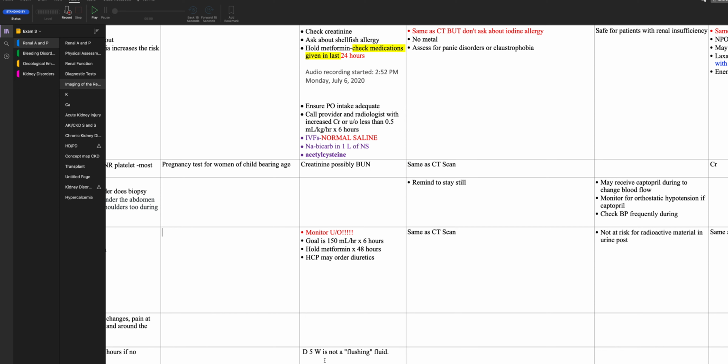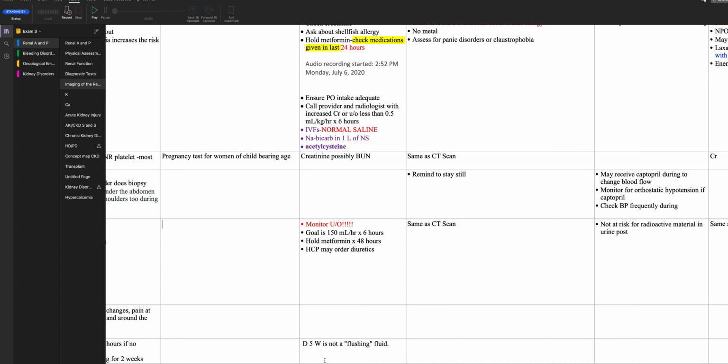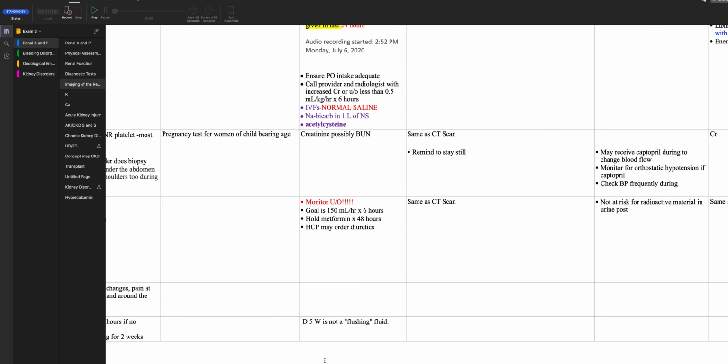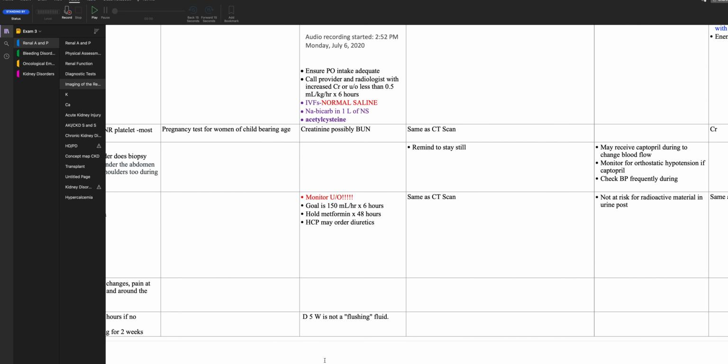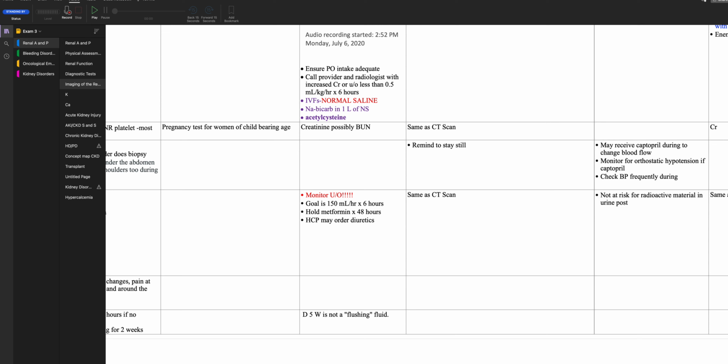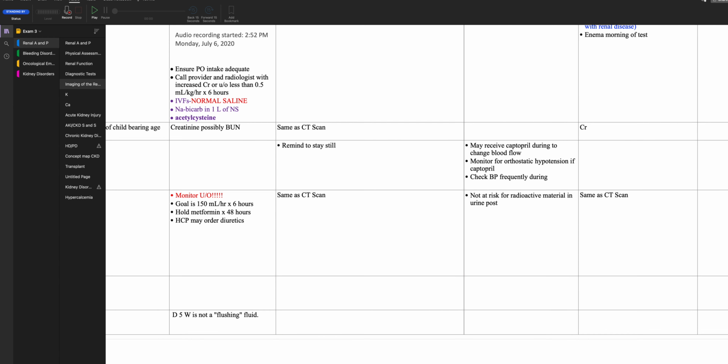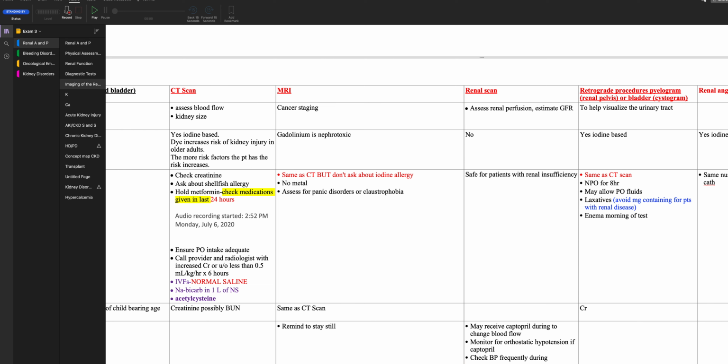All right, so after, you need to monitor the urine output. The goal is 150 milliliters per hour times 6 hours. Like, you want to flush the kidney, okay? Hold metformin times 48 hours post CAT scan. The MRI is similar. The only thing, you don't have to ask about an iodine allergy, because